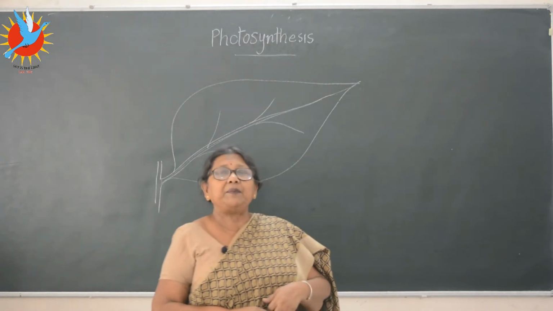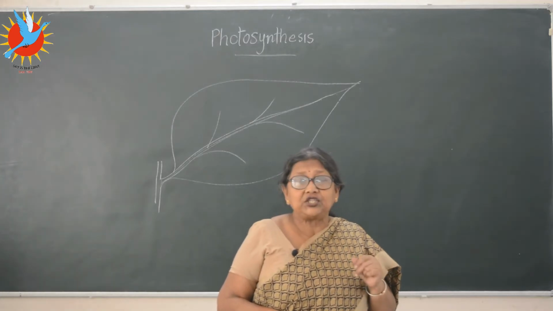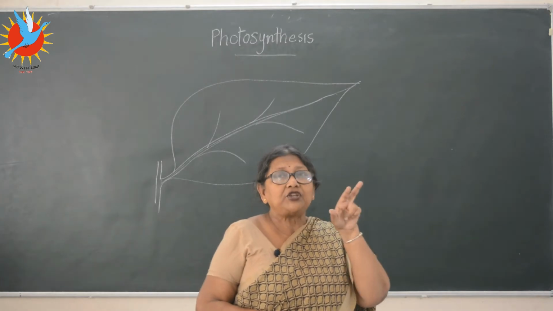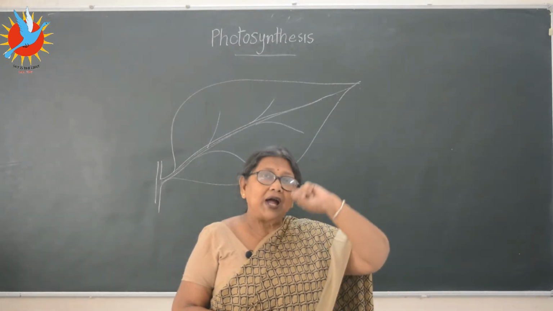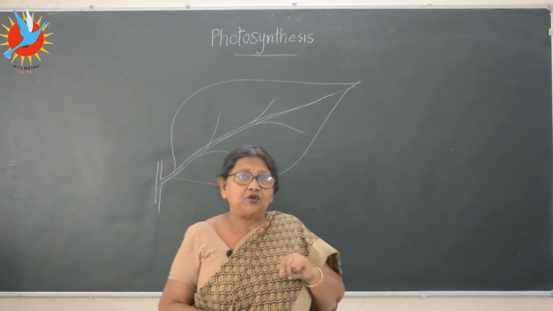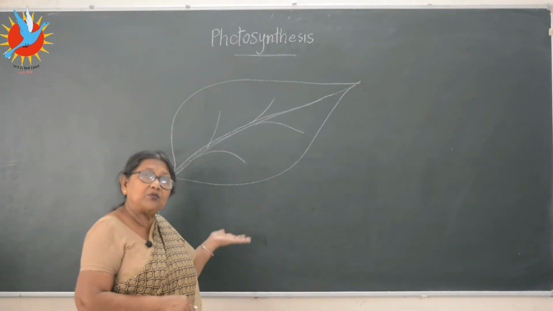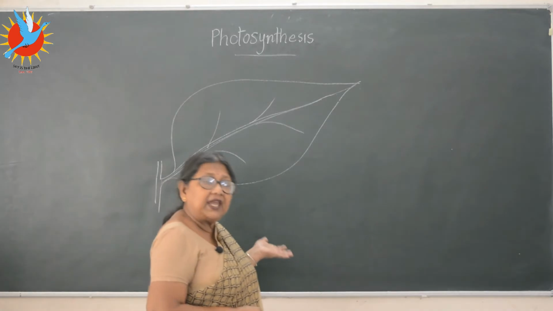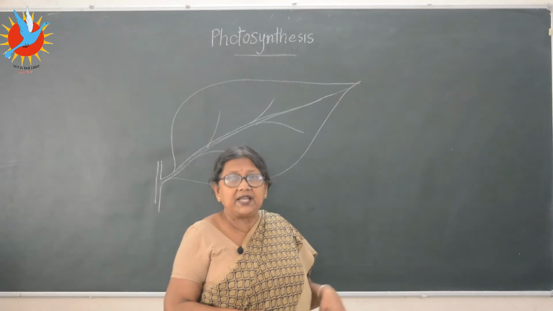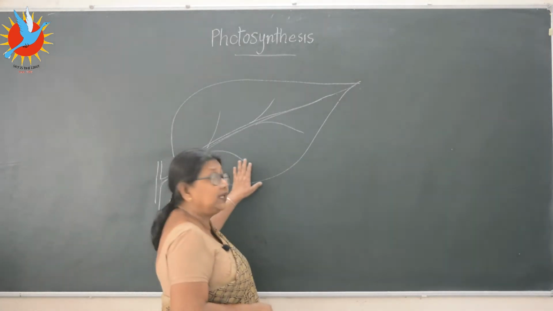Vascular tissue, if you remember in the plant tissue we did xylem and phloem. And the function is conduction, transportation. Remember, when I drew it on the board, for xylem I drew an upward arrow mark, and for phloem I drew a downward arrow mark. Go back to your video and you can see it. Why? Because xylem transports, what does it conduct? It conducts the water. The water which is absorbed from the root is taken up by the xylem. Up where? Up to the leaves.